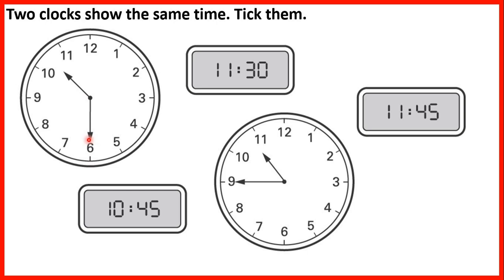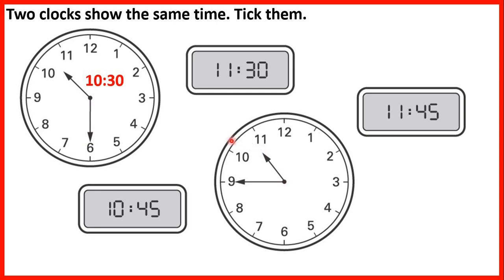But we multiply the minute hand number by 5, and 6 times 5 is 30, so the time here is 10:30. The hour hand, the short hand, has gone past 10, and the minute hand is on the 6, and 6 times 5 is 30. Now for this clock here,